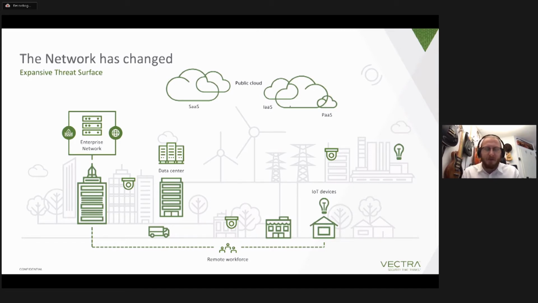What we're seeing is that we don't have a perimeter anymore where you can build a high wall around. So we see a broad environment that you need to care about. But how can you make sure that your remote workforce or your cloud that's not hosted in your environment is secure? And how can you make sure that you understand attacks that are happening between those and leveraging several kinds of attack vectors?